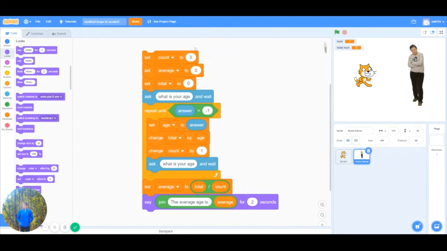So I'll try to run this code. Sorry, yeah. So it asks me age. I'm just going to put in different ages. Just multiple ages, and now I'm just going to put a negative value, -1. You can have this less than 0 for any negative value, but this condition is like for this specific value. That's why it's this improbable value. So when I put in -1, it stops and gives me the average age, which it should here because we